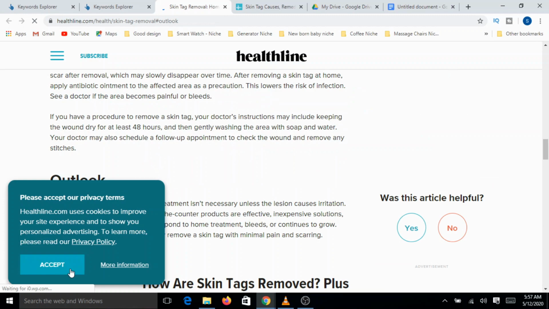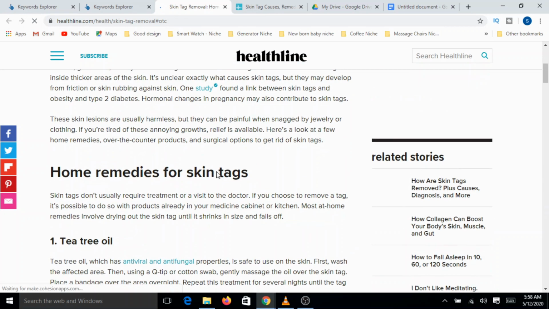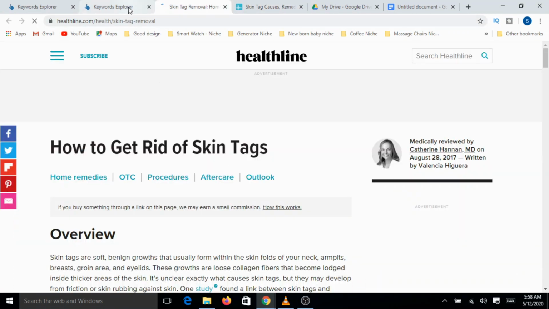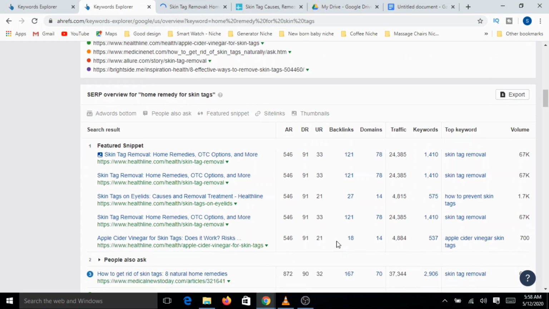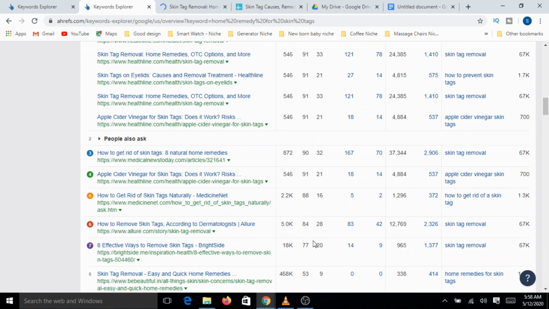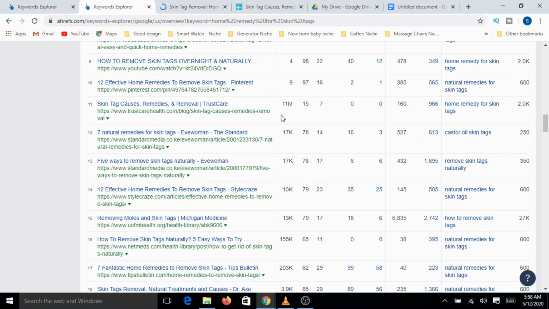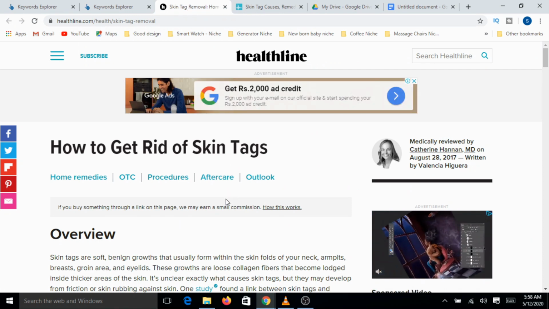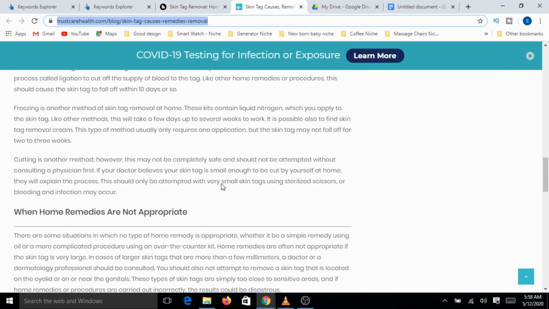The higher DR sites will always rank well because of their authority, though the content is not as good as any of the new websites. But for a new, low DR website, content has to be solid, otherwise it won't rank well. So your comparison should always be a low DR site that is outperforming and ranking very well. So this is the site that we just verified with low DR.